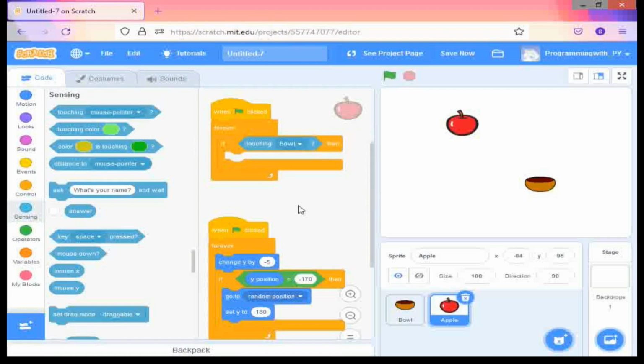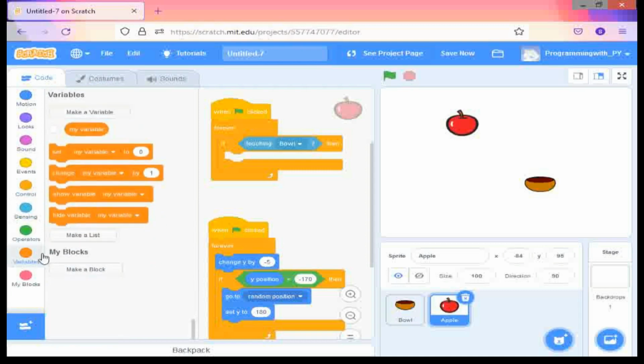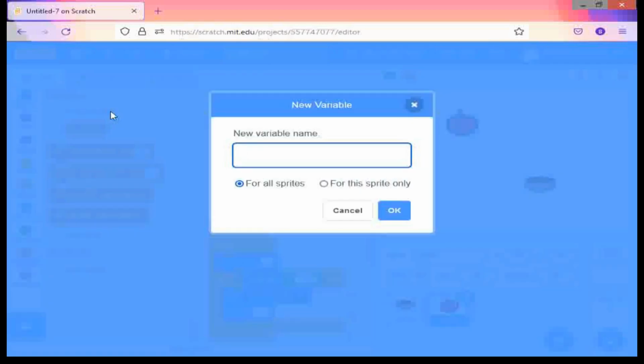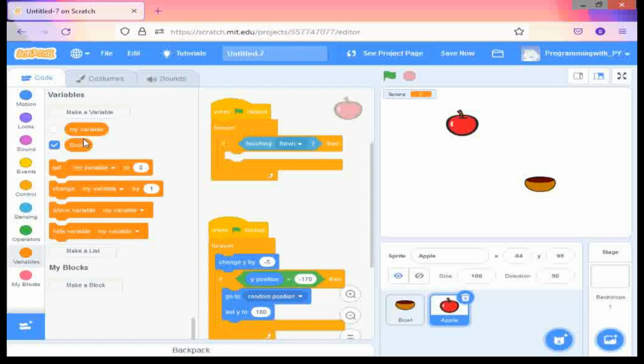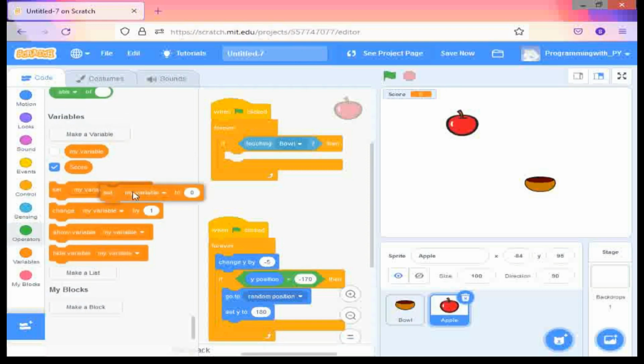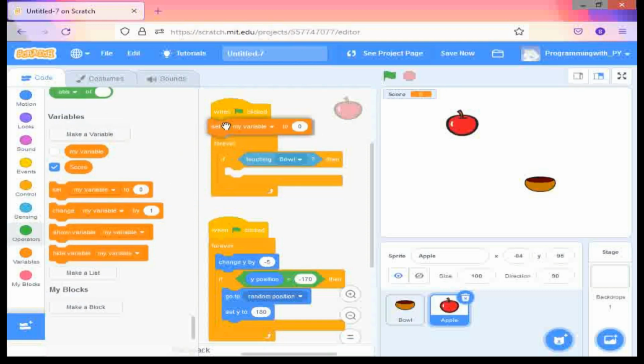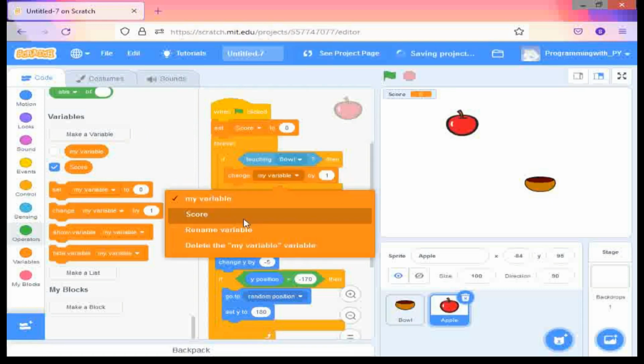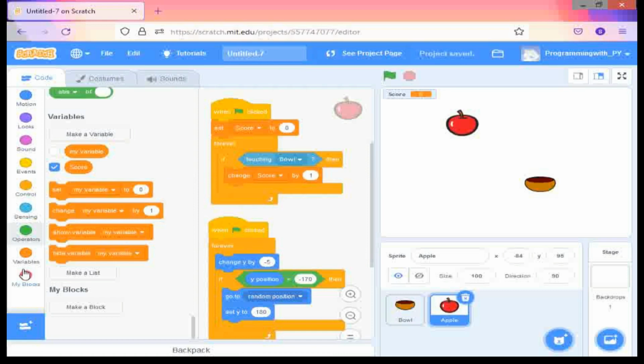to bowl, and now you have to make your own variable too, so go to variable, make a variable, write here score, this will display your score. So see here score came. Now take this set my variable to 0 and keep it above the forever command, and change this my variable to score, and take this change my variable and change it to score. After changing it into score,